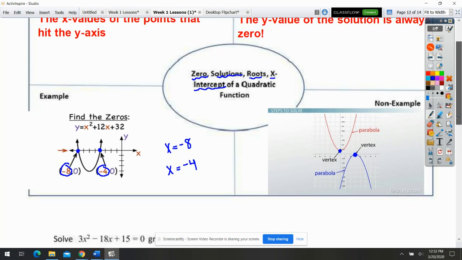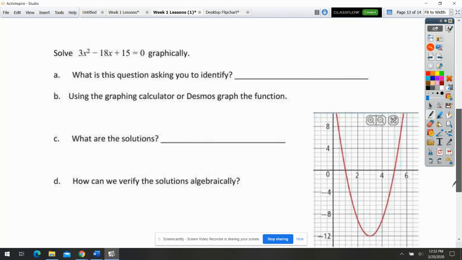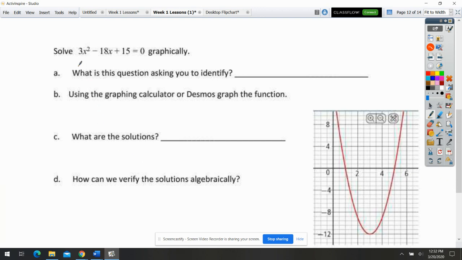Okay, next, I have another model example for you guys. I want you to solve 3x squared minus 18x plus 15 equals 0 graphically. So why is the equation equal to 0? What this is asking you to identify, if you were thinking it hopefully, is the solutions. It's equal to 0 because they want to know